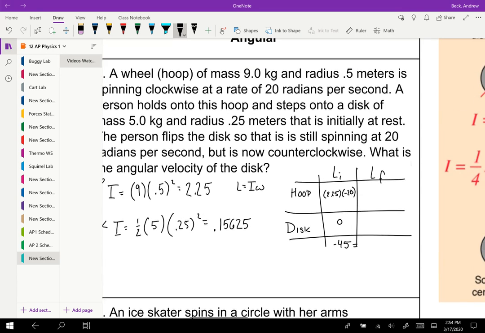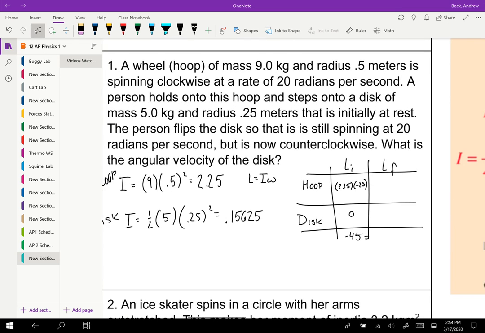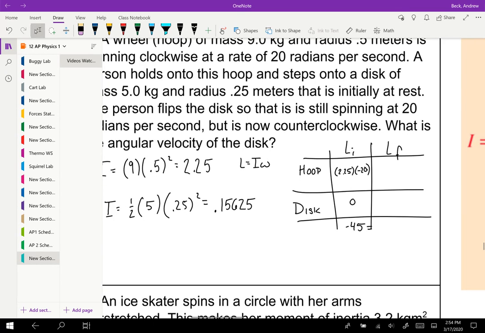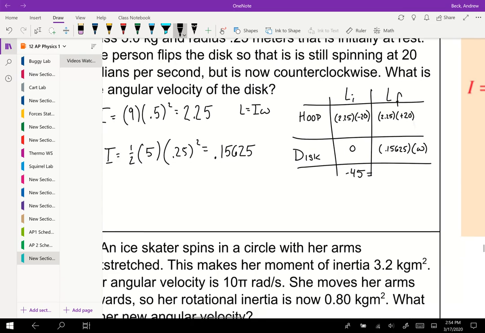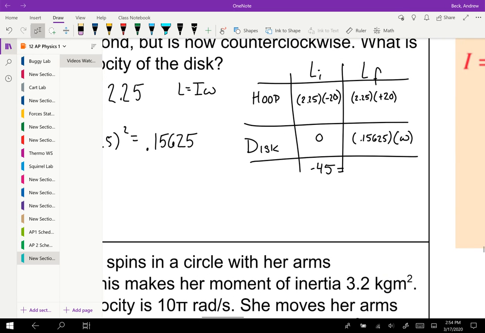Then the person steps on it and flips the hoop upside down. That means it still has the same moment of inertia and the same angular velocity, but now our angular velocity is positive. And that means we're going to have some sort of I omega here. So we know already 2.25 times 20 is equal to 45, plus 0.15625